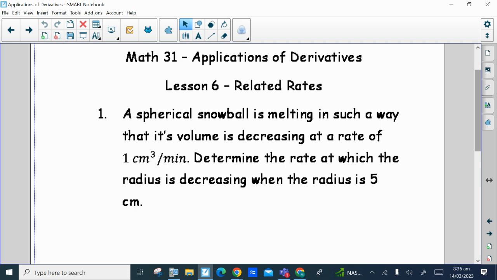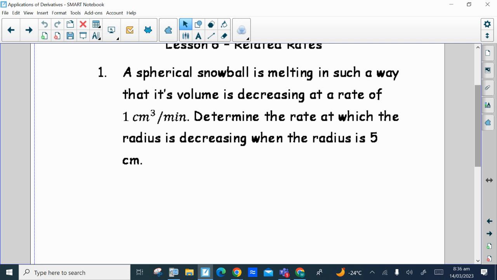All right, related rates, part 2. A spherical snowball is melting in such a way that its volume is decreasing at a rate of 1 centimeter cubed per minute. Determine the rate at which the radius is decreasing at the moment when the radius is 5 centimeters. So again, with these related rate problems, you're going to be given the rate of change of one